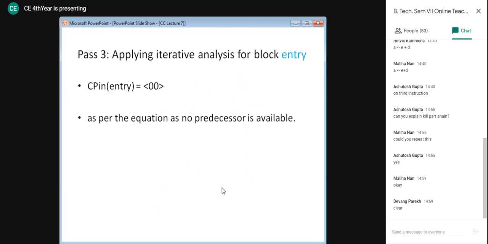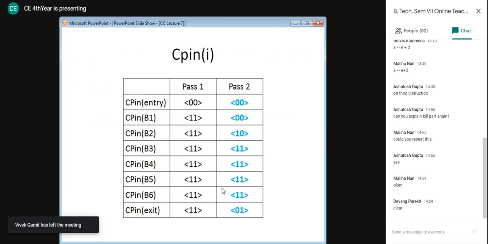We will apply a third pass for all the blocks. All of you will calculate the third pass and see whether a change is needed or not. If it is needed, then go for the fourth pass and see if a change is needed or not. You will try this and we will compare the answers in the next class. Up to this point, I will share the notes with you. Please compare your answers, and whenever you find time before the next class, try to compute the next iteration. Are you having any doubts?